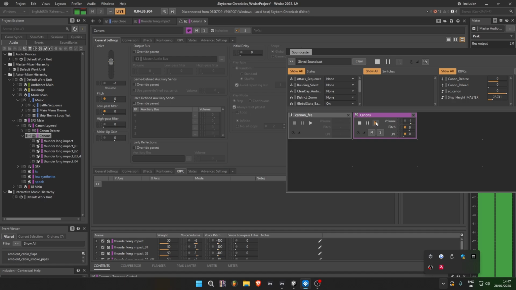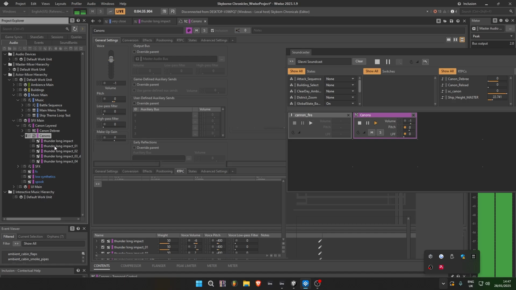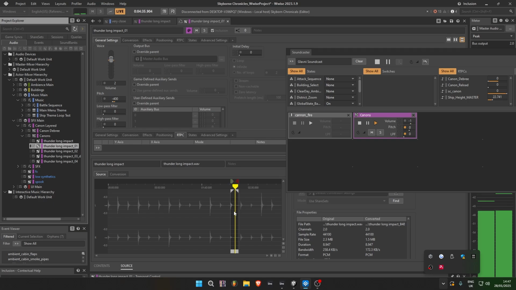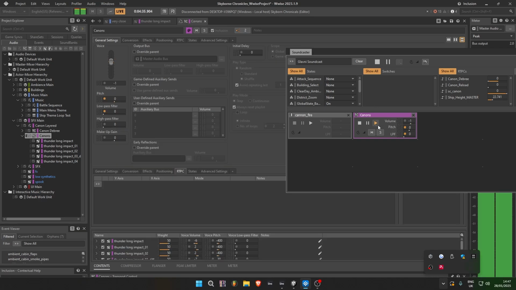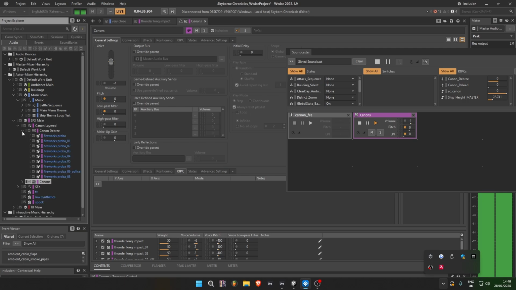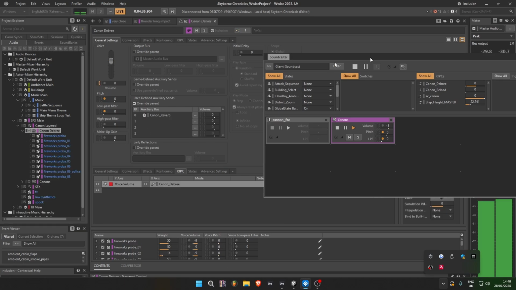It gives it a thing of depth, and the audio files, at least parts of them, are not really mono, they're stereo in different ways. When you cut them up and play them in a random container, you get interesting stereo variation. And what makes it cool is, if I play you the debris part,